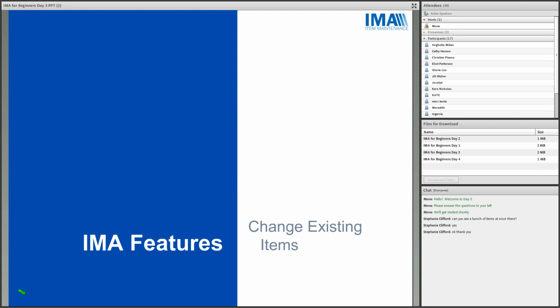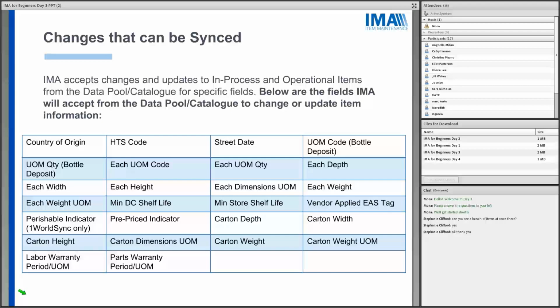All right, so we're going to go on to change existing items. Most people, when they first start doing change requests, the type of change requests they do are something we call just single edit change request, where you're doing a change for a single item. You're going to find, if you've been doing that, or if you do that first before you transition to this,